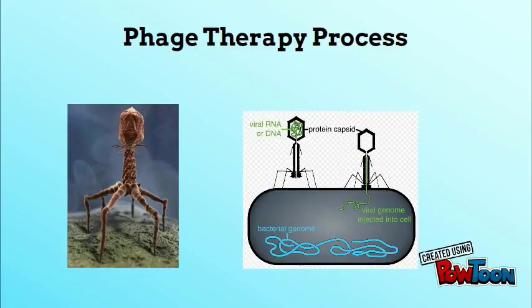The phages look like this picture on the left, with the top prism holding the phage's DNA. The phage will hunt down specifically the bacteria targeted and inject its DNA into the cell. As the DNA replicates, the bacterium will be destroyed and more viruses will be released, affecting other bacteria.